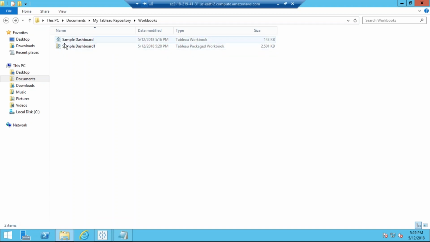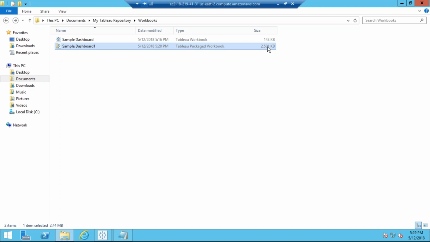Even the file size is different. Here you see 143 KB and this is 2.5 MB. Now I told you that the data size was 7 MB. How come it is 2.5 MB now? You must be thinking that something might have been left out, is it?